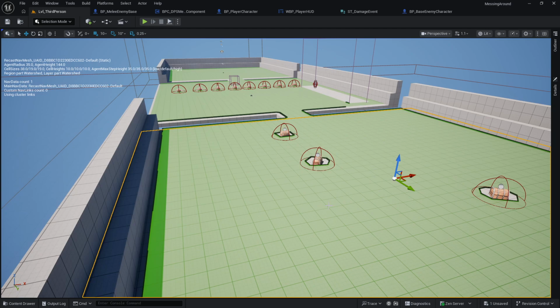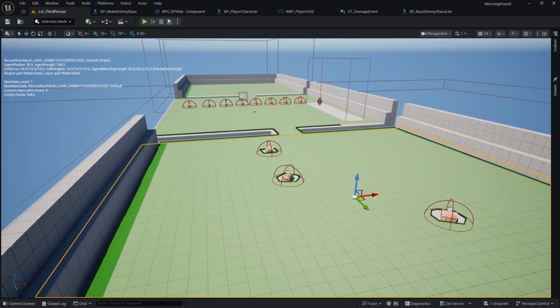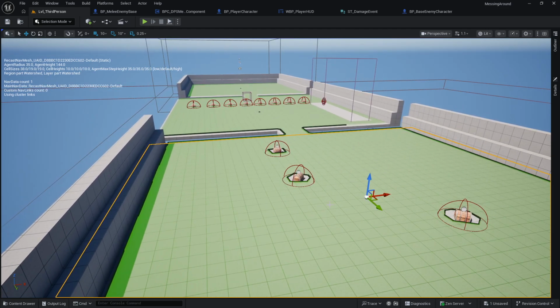Hey guys, today I'm going to show you how I made my DPS meter for my roguelike in Unreal Engine 5 using just blueprints. It's a pretty clean system, it's simple to build, and it feels really good in game because it tracks your recent damage instead of just using a slow average number. So when you start hitting hard, the damage shoots up fast, and when you stop attacking, it drops back down